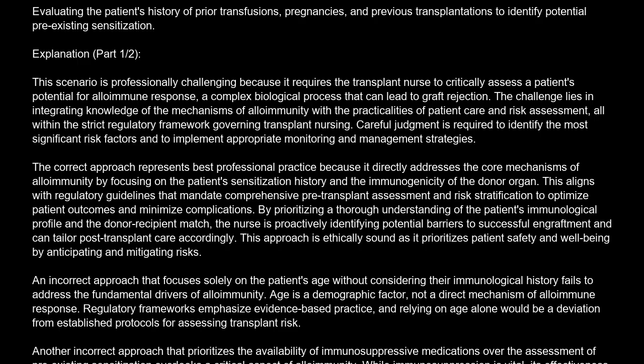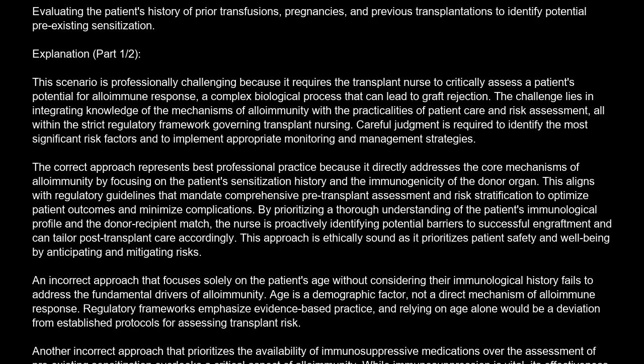The challenge lies in integrating knowledge of the mechanisms of alloimmunity with the practicalities of patient care and risk assessment, all within the strict regulatory framework governing transplant nursing. Careful judgment is required to identify the most significant risk factors and to implement appropriate monitoring and management strategies. The correct approach represents best professional practice because it directly addresses the core mechanisms of alloimmunity by focusing on the